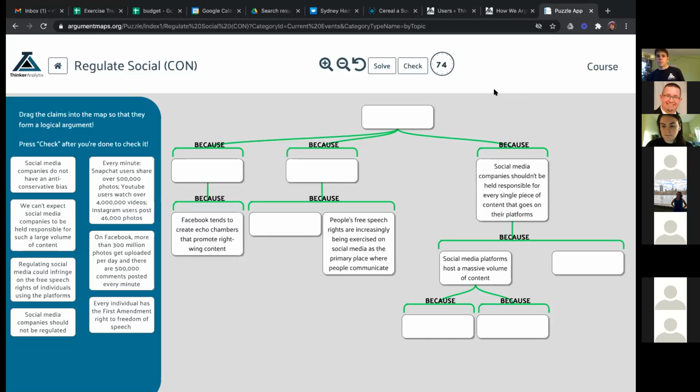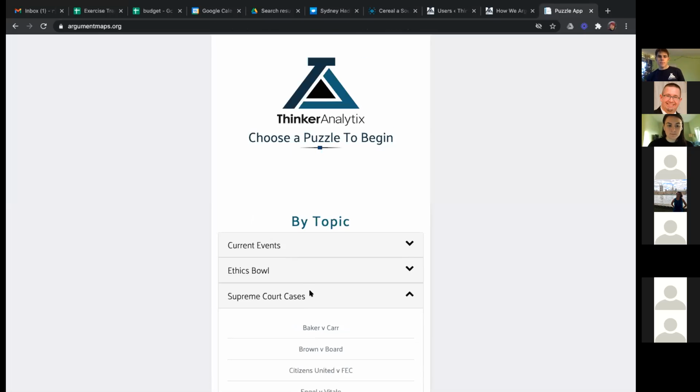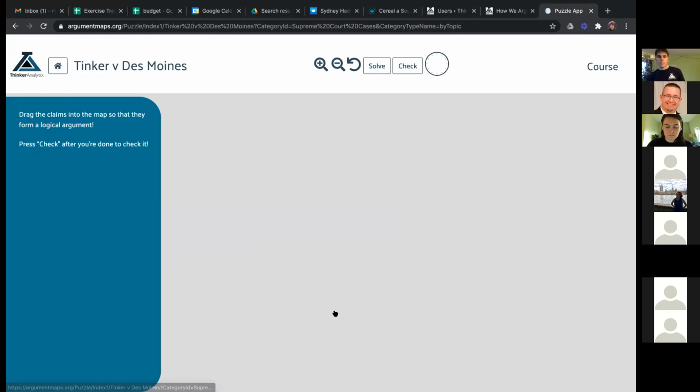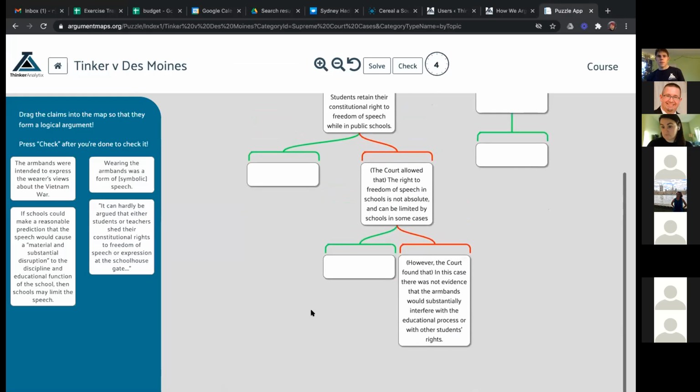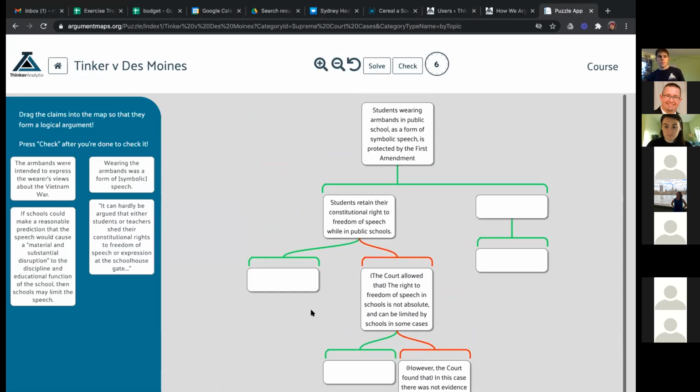I tried the Supreme Court case, Tinker v. Des Moines, because that's something that my kids work with. And it seemed pretty straightforward. It would take a little bit of work to help my 6th graders with it, but I think that based on what we've done, if they did it as a group, they'd be able to figure this out fairly straightforwardly. You say you have 6th graders? I have 6th graders, yeah.